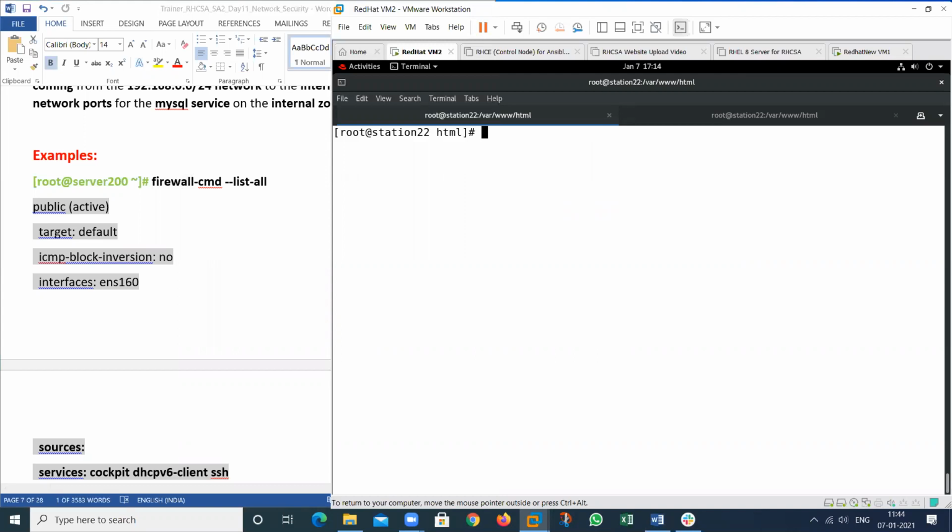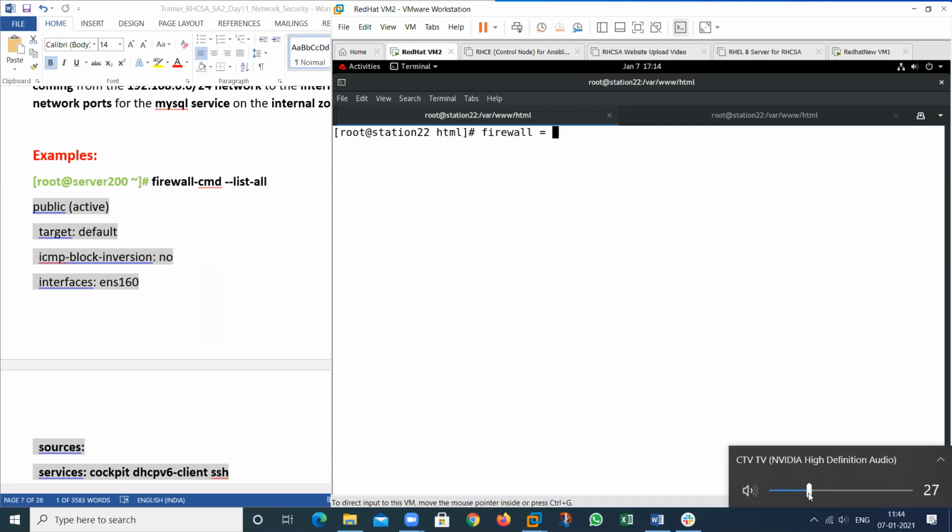Gitu, tell me about the firewall. Sir, firewall is a type of security layer. It's kind of a wall, as the name says, wherein it protects the system from any malicious activity that might hamper the system.